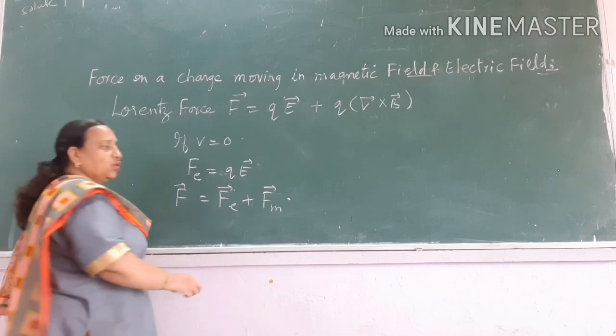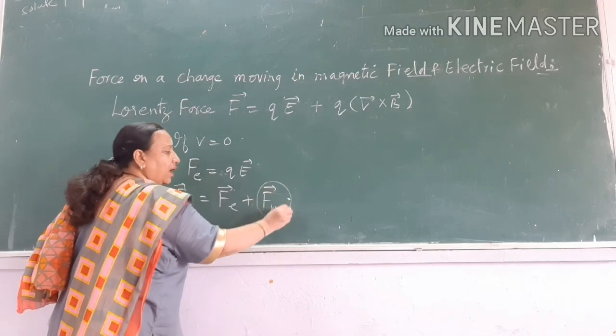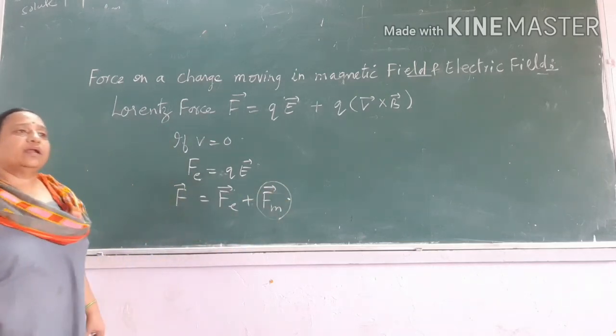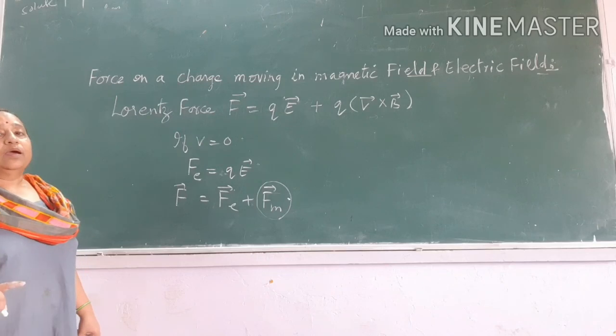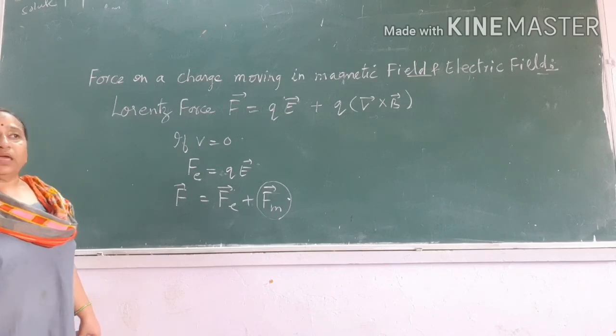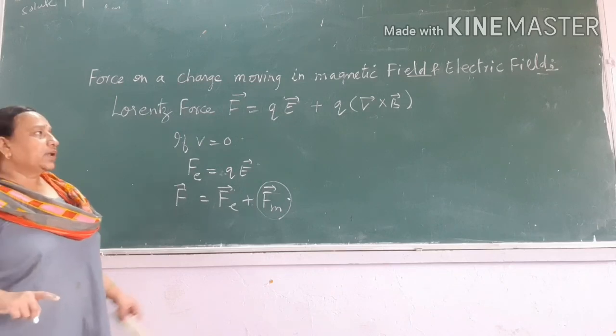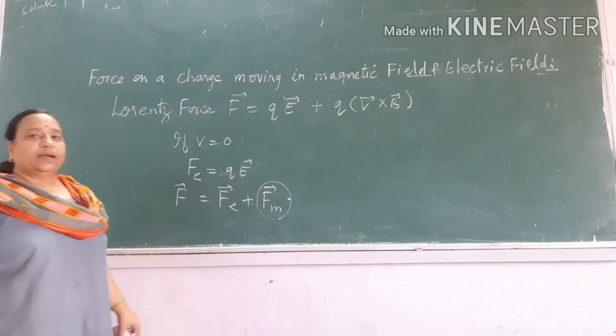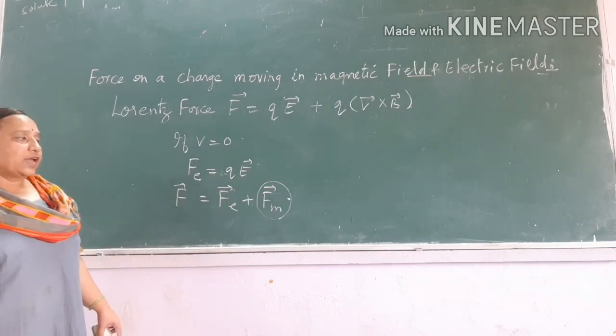In this situation, you have to keep in mind that the velocity of the particle must neither be parallel nor anti-parallel to the direction of the applied magnetic field. Otherwise, magnetic